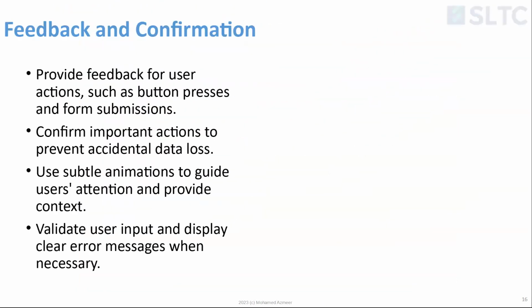Next one is feedback and confirmation. What does that mean? Whenever the user does something, we have to give feedback immediately or maybe later. If it is a form, we have to show the form is complete. If they click a button, we need to maybe change the color or have a little animation or do something so that they know they did it. Sometimes we even couple that with a click sound, right?